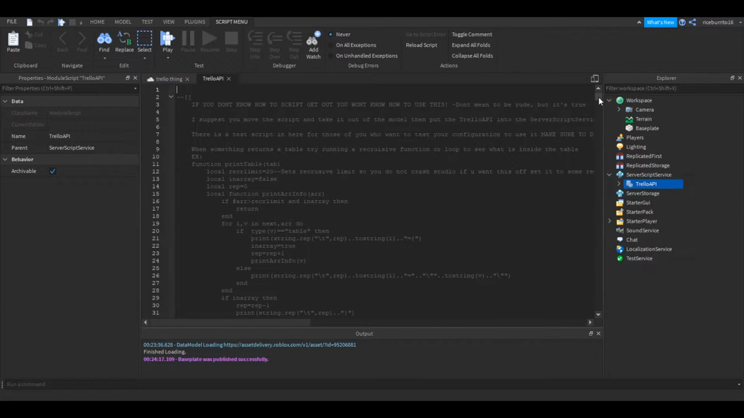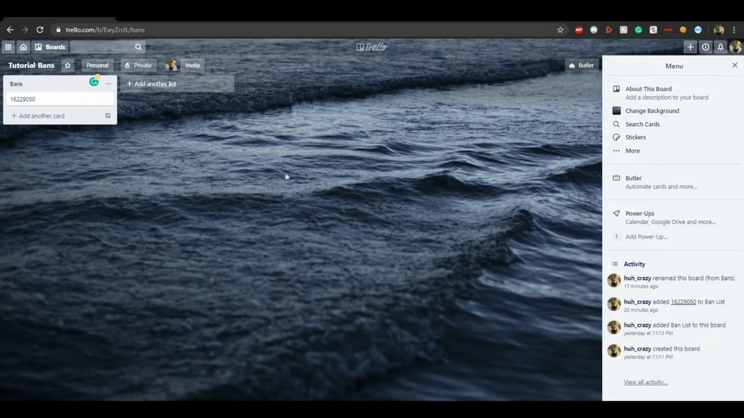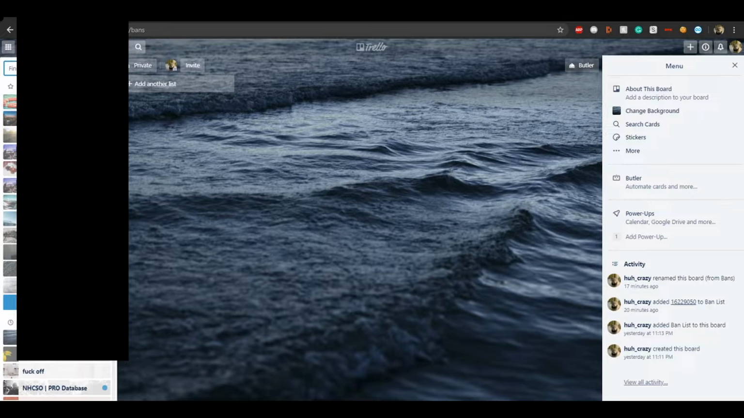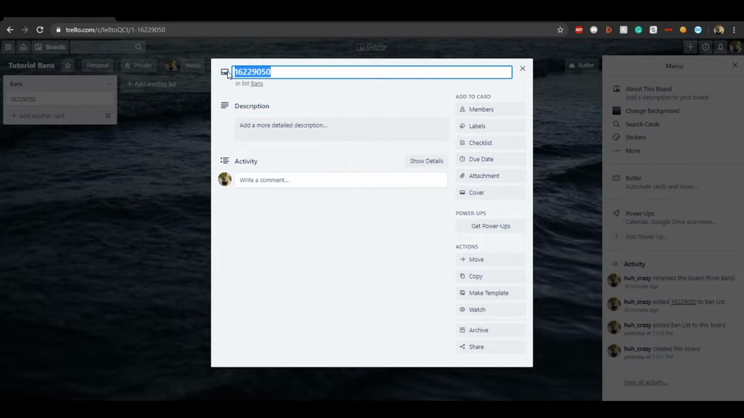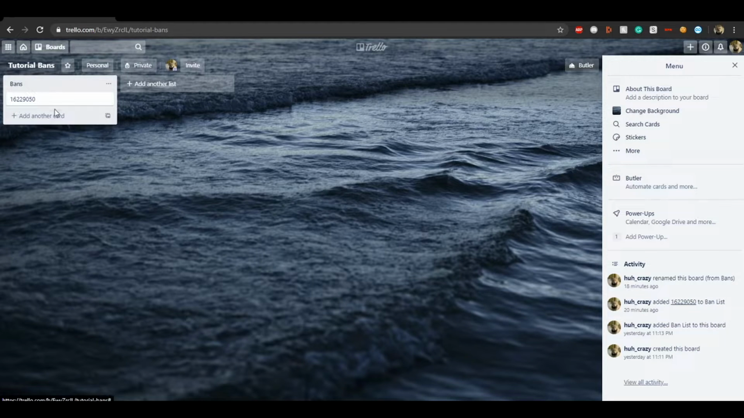Then click on it. Now we can actually go to Trello and create a board. I already created a board. If you want to create a board, you just go to create new board down there. For the purpose of this video, I've already done everything here, but you're going to need to make a list here. Name it whatever you want, doesn't really matter. And you're going to have to put a user ID here. Basically, any user ID on this list won't be able to join your game,